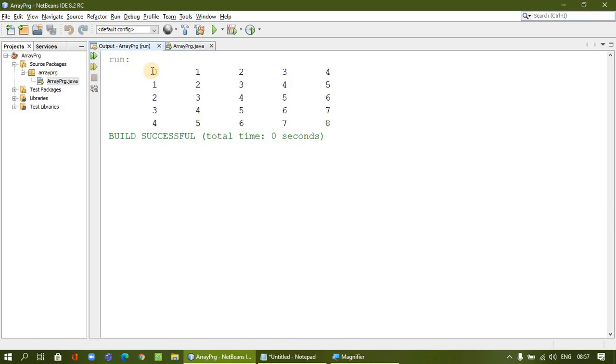Okay, so we can see that 0 0 is 0, 0 1 is 1, 0 2 is 2, like that. Next, row is 1, so value from row 1, all other values are added accordingly. Row is 2, starting from 2, all other values added. Row is 3, so all other values added accordingly. Row is 4, all other values added.